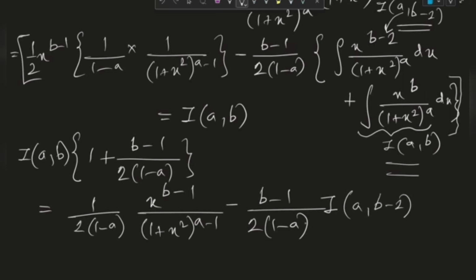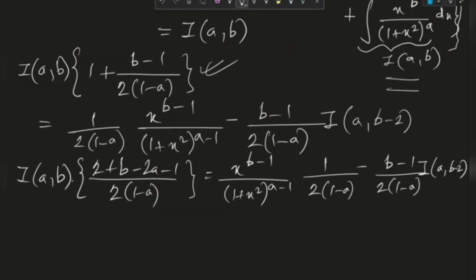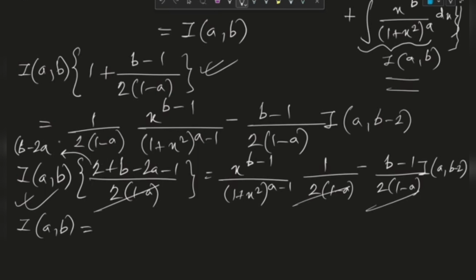And now I guess the expression is almost ready. All we have to do is a little manipulation, so I will do it. So this is it. Now we can cancel out 2 into (1 minus a) from everywhere because it's common in the denominator. So basically I of a comma b will come out to be, I guess, b minus 2a, and plus 2 minus 1 is plus 1. So it's b minus 2a plus 1. So basically I will bring it down here and divide it throughout. This will become 1 by (b minus 2a plus 1)